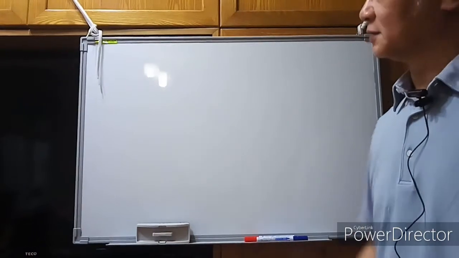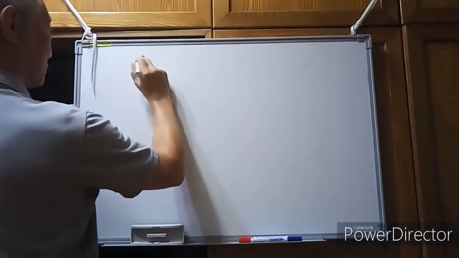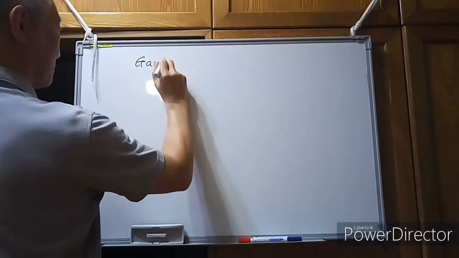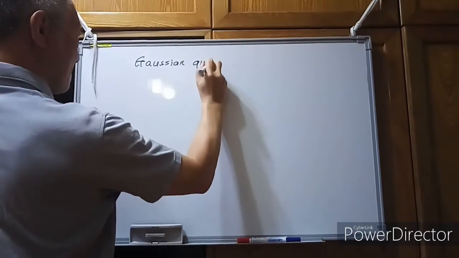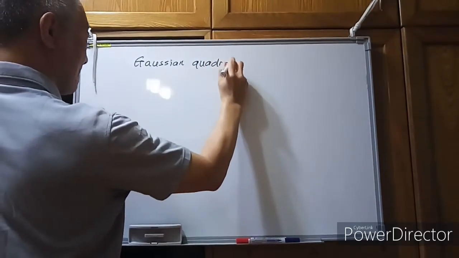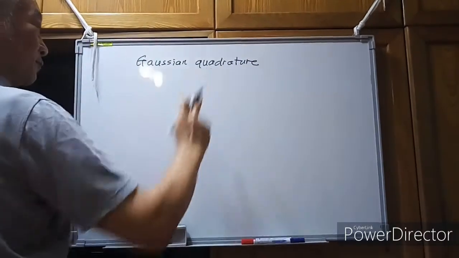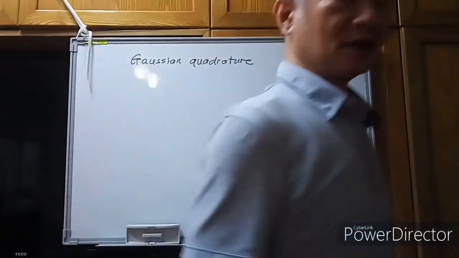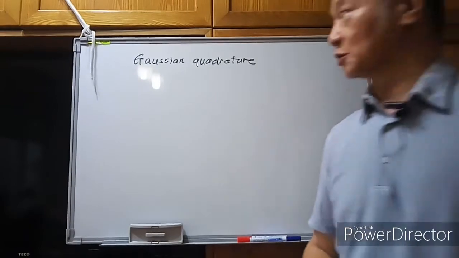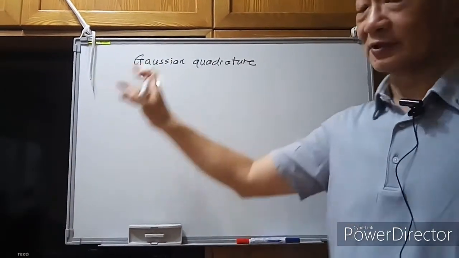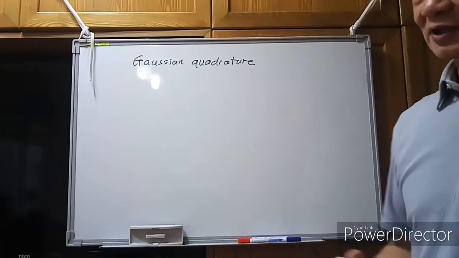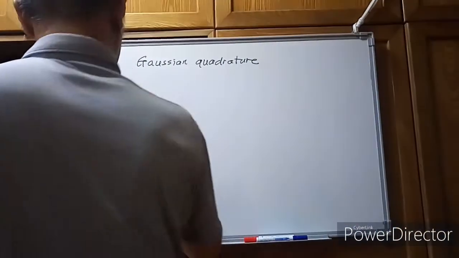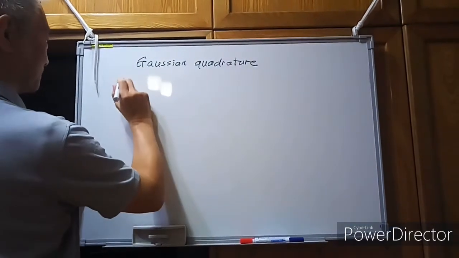If we'd like to get better solutions, I'm going to introduce a different numerical integration method. The name of this method is the Gaussian quadrature method. If we'd like to get a better solution for numerical integration,